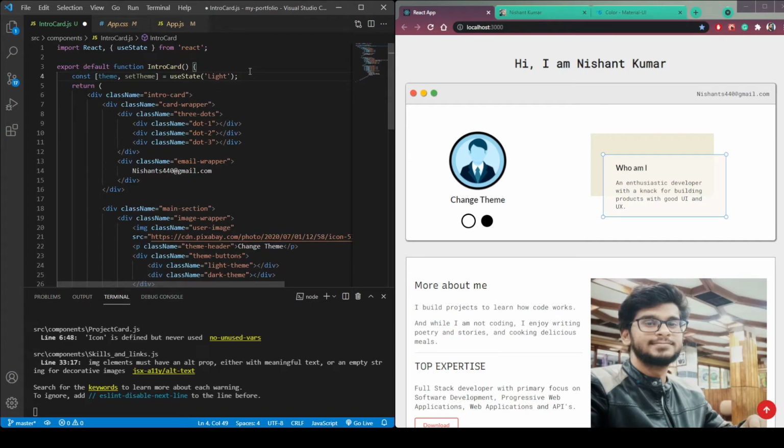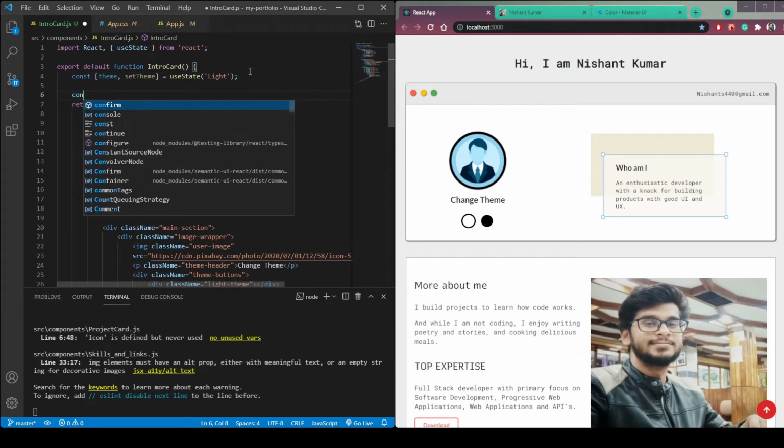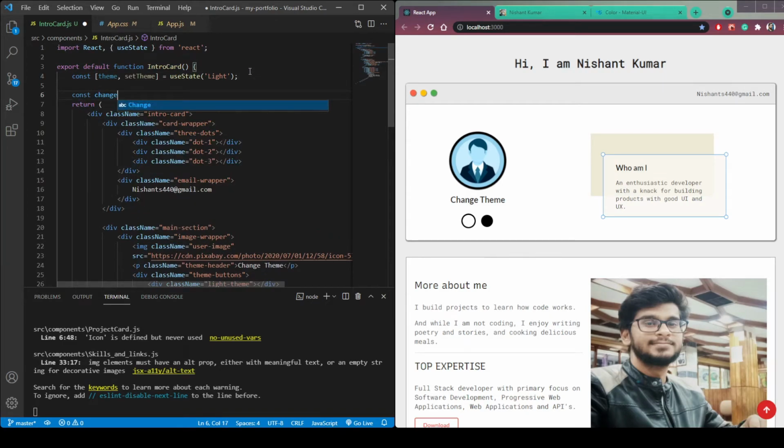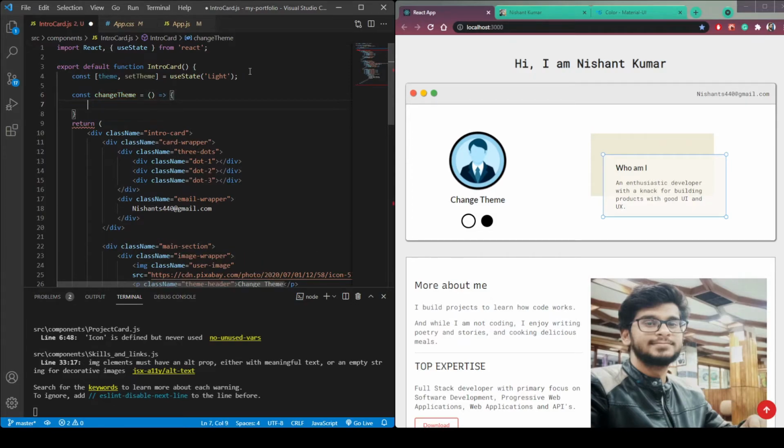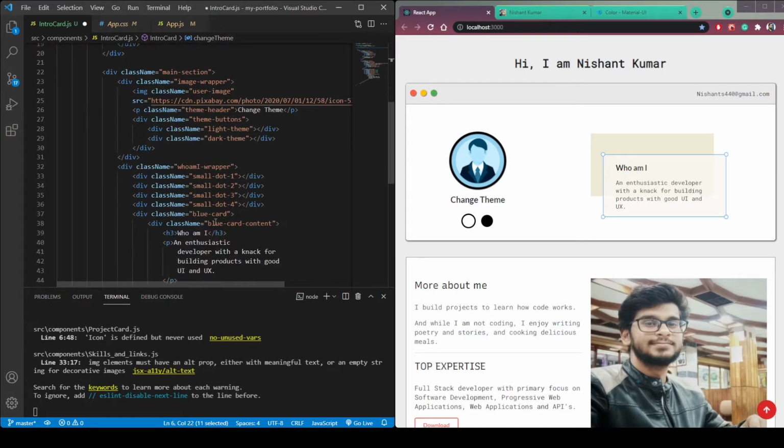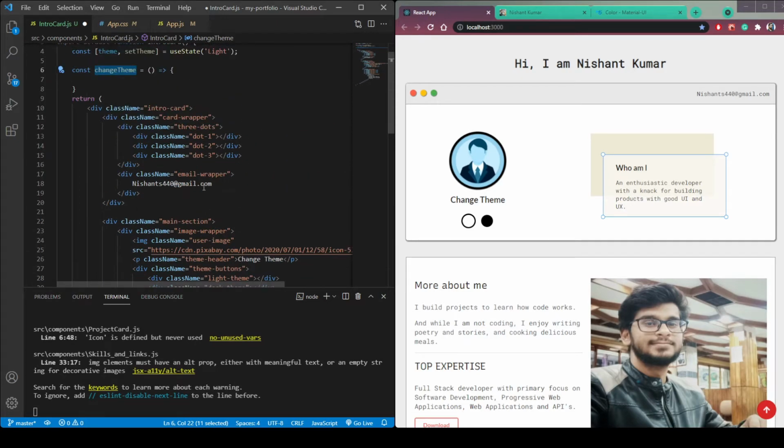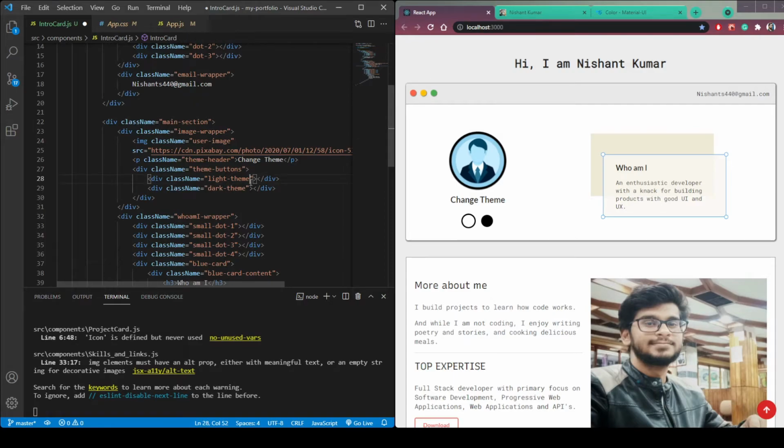Then let's create a function. So const change theme, which will accept a parameter. So make it an arrow function. Then copy this change theme and bind it to this function, to these two buttons, light and dark.